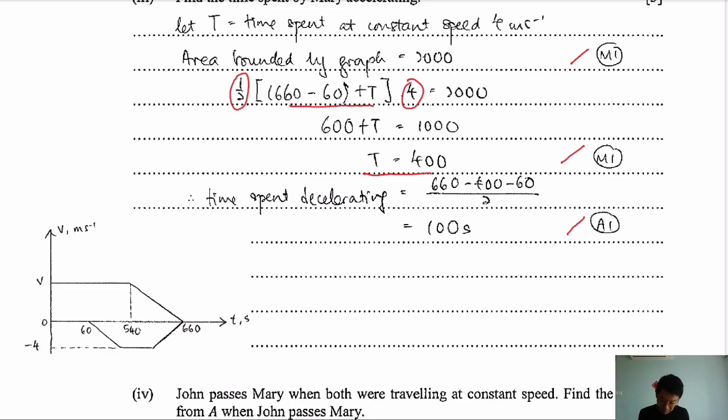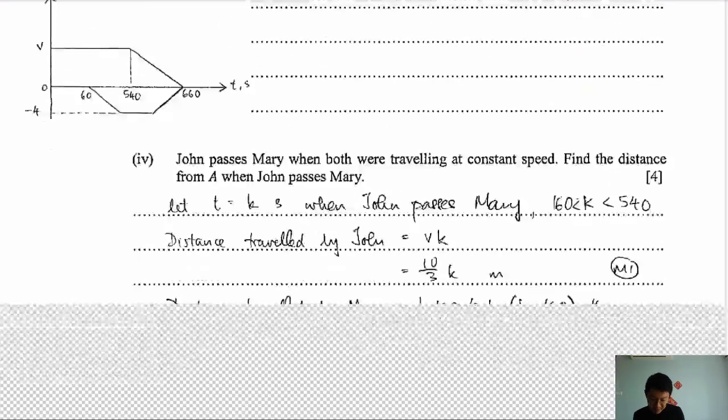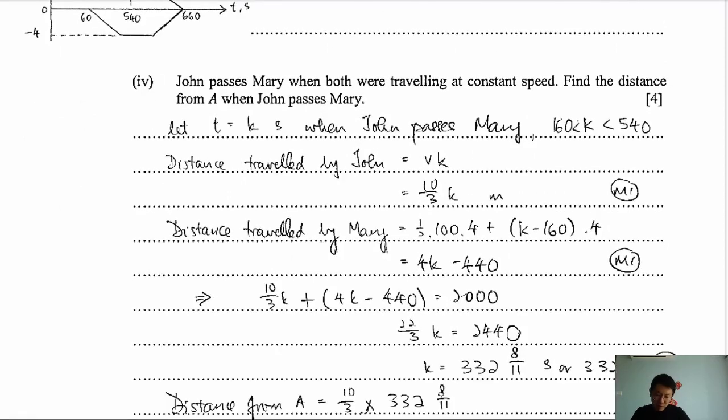Okay, so the last question here is: John passes Mary when both were traveling at a constant speed. Find the distance from A when John passes